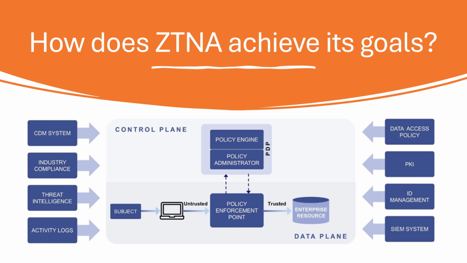Understanding these roles and their interplay within a zero trust architecture is crucial for organizations aiming to protect their networks from internal and external threats. By effectively leveraging both the control plane and the data plane, organizations can ensure a robust security posture that dynamically adapts to evolving threats and maintains strict control over network access and data flow.